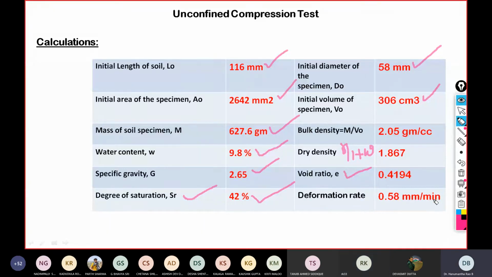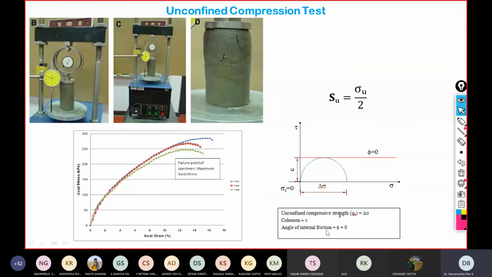What difference in result will we get if we take 100% saturation and 50% saturation? The basic fundamental is that for a fully saturated clayey soil sample, the angle of internal friction is 0. For a fully saturated soil sample, the angle of internal friction is 0. That you may not be able to understand right now, because normally, if the sample is fully saturated, this red line has to be perfectly horizontal. If it is not fully saturated, then this red line could be inclined.